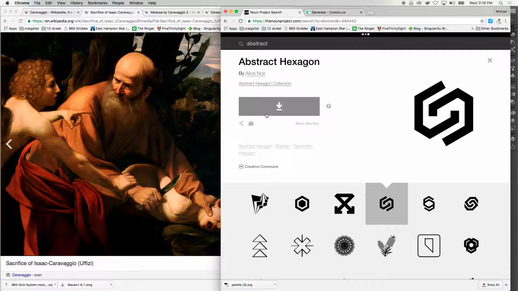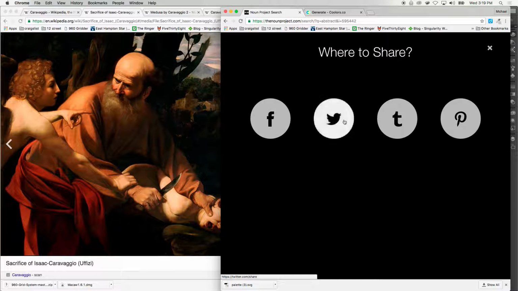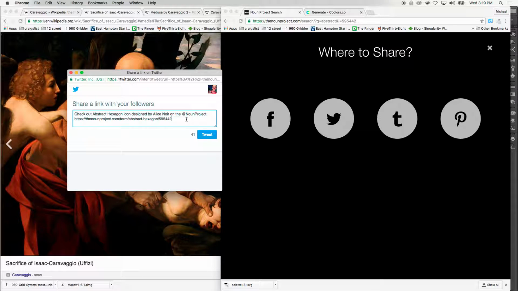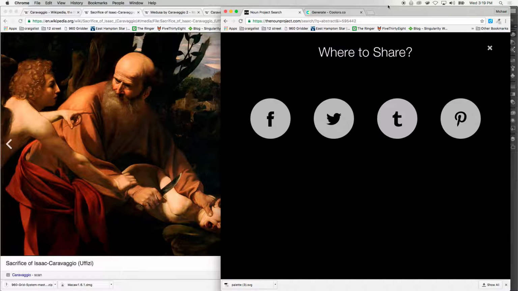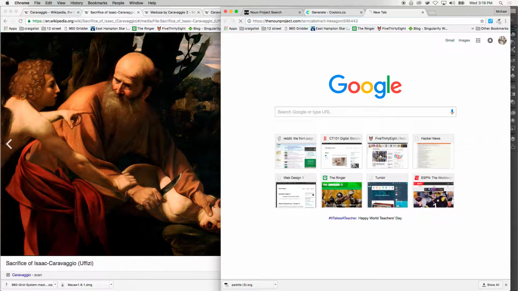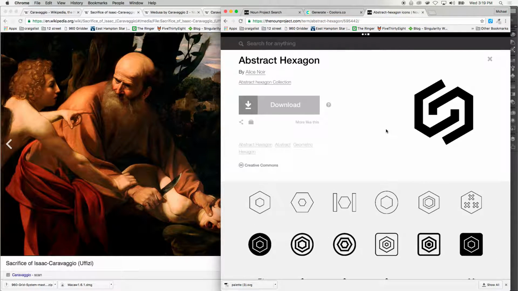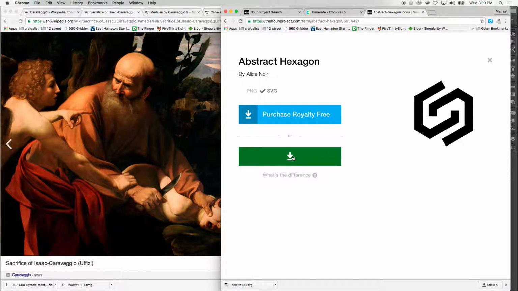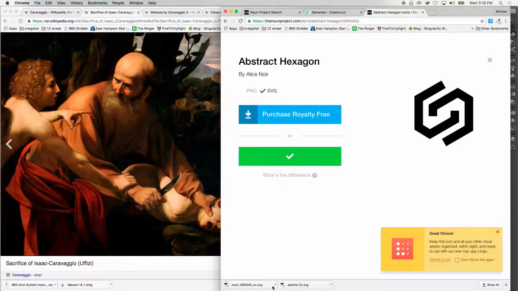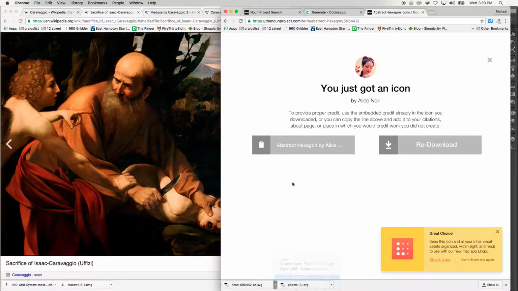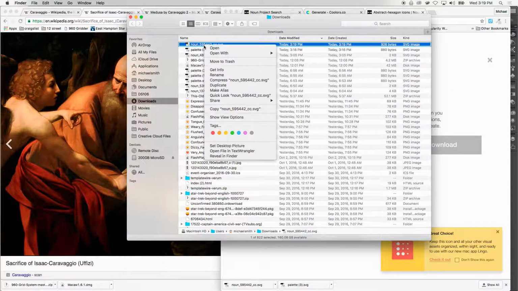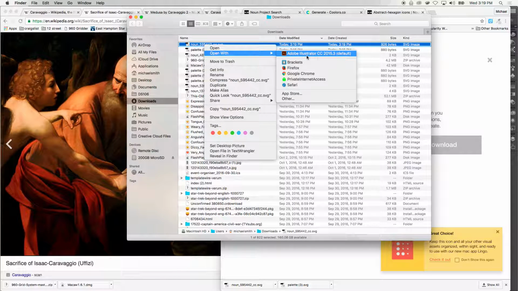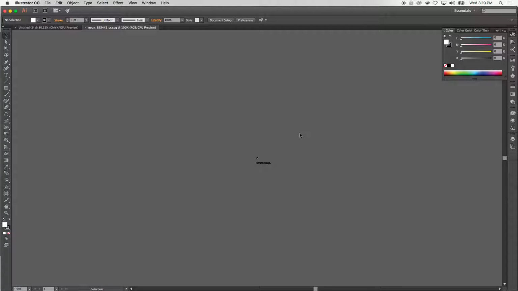And to get the URL for the specific icon, I actually like to use Twitter because it gives you the specific URL. The share icon is annoying. It doesn't give you the direct link. So, but there's your specific URL. And you want to save all your URLs. And then once I download this, I can also download an SVG. And I'm going to give credit because this is a project that I'm doing for the sake of class. But I'm going to do a very good job of documenting all my sources so that I can ensure that